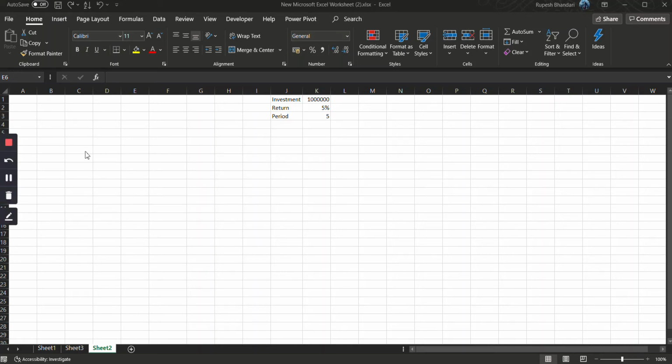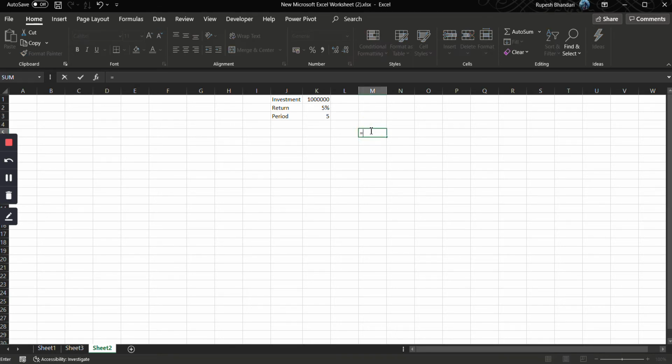So in this particular session, what I'll be showing you is how to create a data table. Suppose we have an investment, return and period. If we change the investment, which will be the same, basically 1 million, but change the return and then the period, how will that impact it? So our basic formula for this kind of calculation will be, that's future value